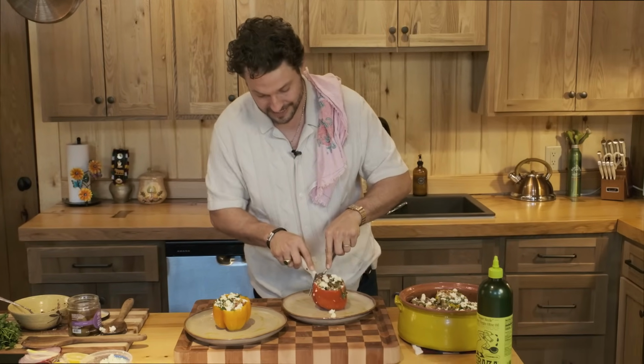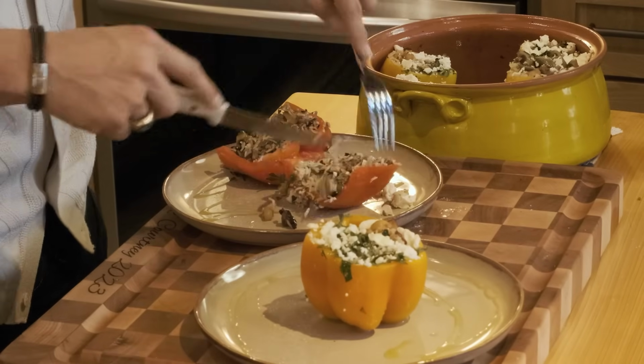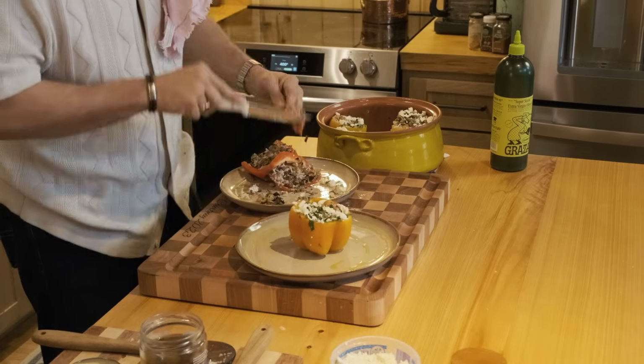As is obligatory, I'm gonna cut into one of these bad boys, and we'll see how it all sticks together, because I don't wanna have to cut away and it not work. Holy cow, it actually stayed in its contraption. It's falling apart. Who cares, okay? Take it, put some food on it, and